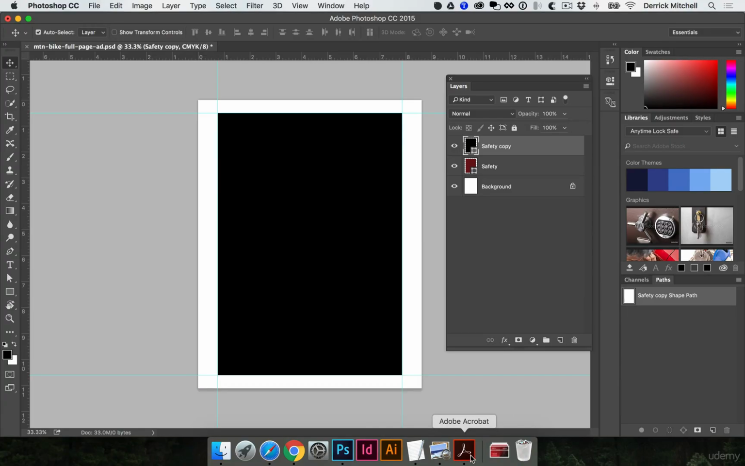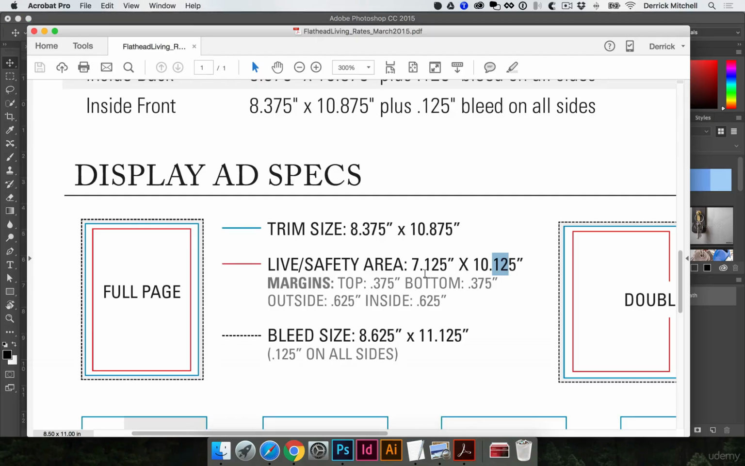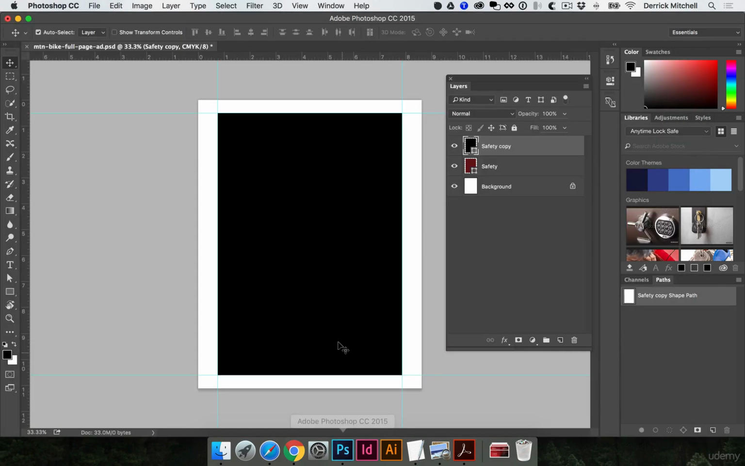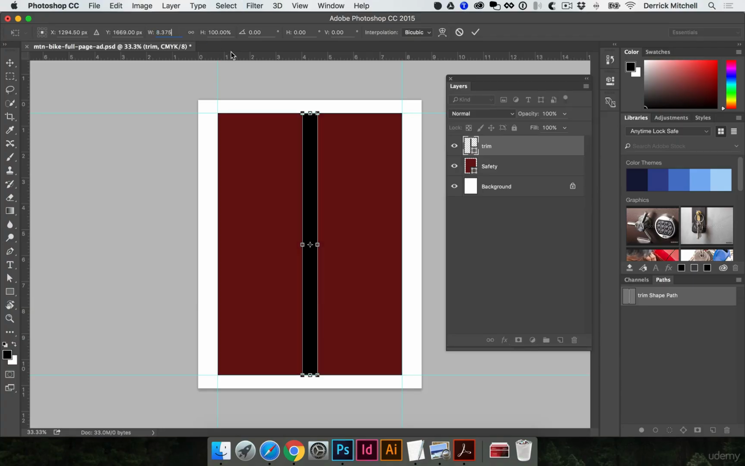And now I'm going to come back over to my Acrobat PDF here, and let's look at the trim size. The trim size is 8.375 inches by 10.875. I'll just copy that. I'll come back into Photoshop, click once on this safety layer, and rename this to trim. I'll hit Command T to resize it, and that width was 8.375. Make sure I type inches,